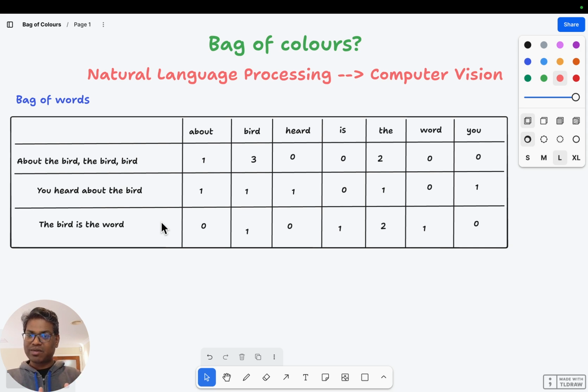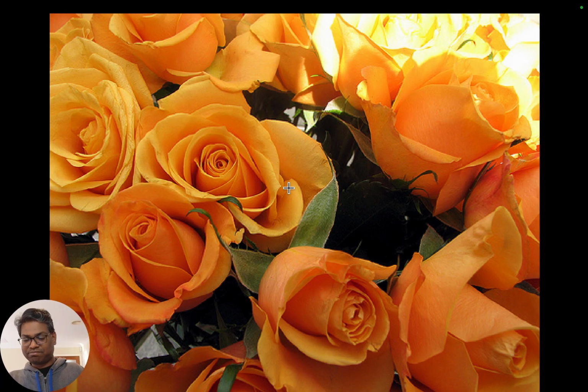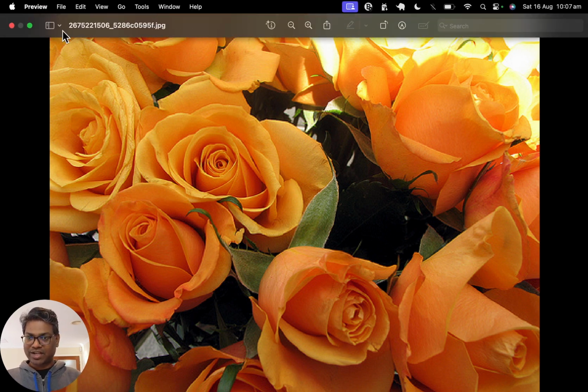Now let's apply the same concept in computer vision, right? Any image is a collection of pixels, and each pixel is a combination of 3 primary colors: red, green, and blue. So just like a sentence is made up of words, images are made up of pixels, and each pixel is made up of 3 primary colors. For example, this image